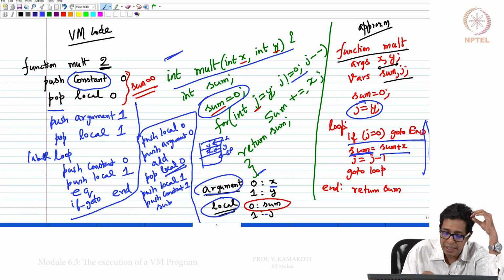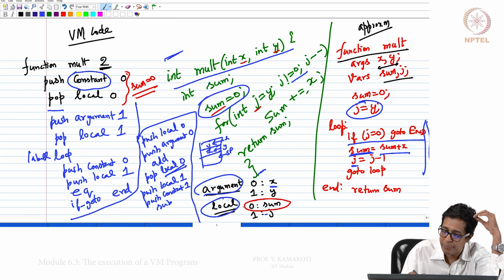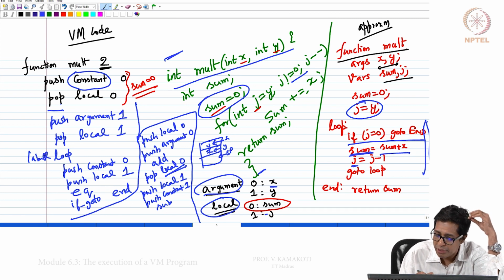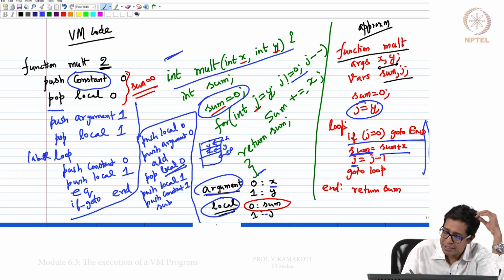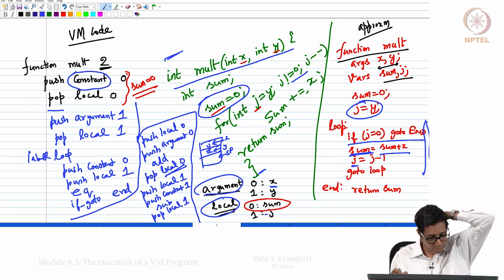So now at the end of the sub, j minus 1 will be on the top of the stack, and now I have to assign it back to j equal to j minus 1. So j minus 1 is on the top of the stack. Now I have to assign it to j, that means pop that value into local 1. So this will take care of j equal to j minus 1.